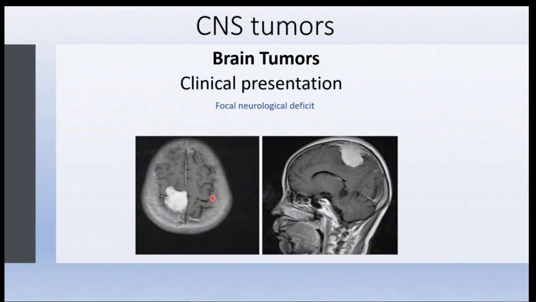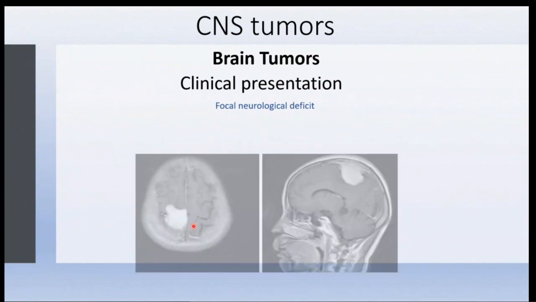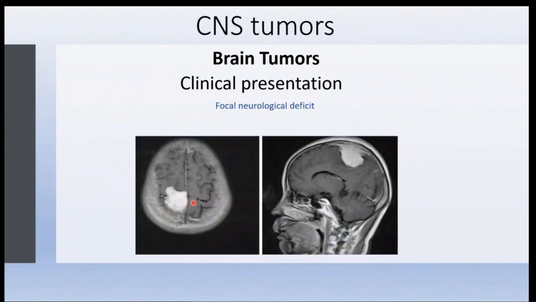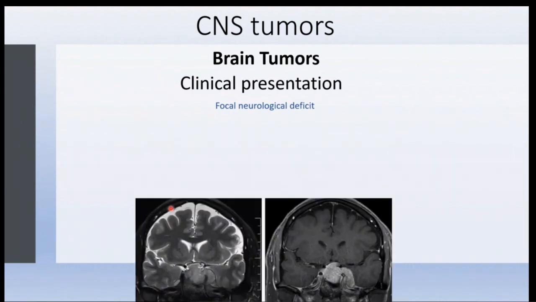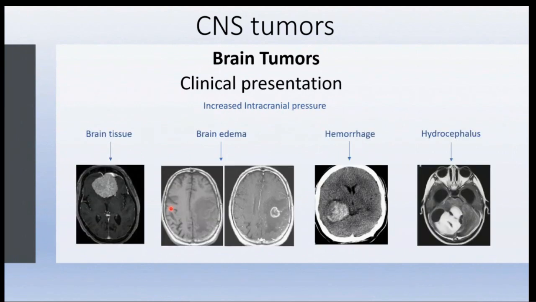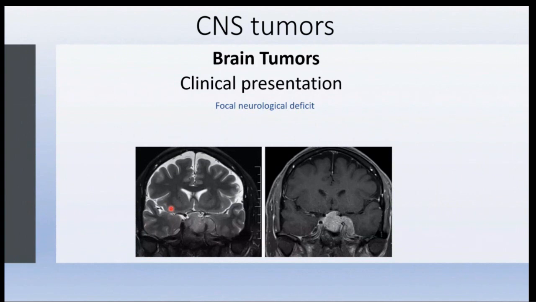Omega sign, which defines the motor cortex, which is behind the central sulcus. And we can see that this tumor is compressing the central sulcus on the right-hand side. So the patient is expected to have left-sided hemiparesis. Another example of compression causing neurological deficit is this pituitary tumor, which is causing compression on the optic chiasm, and this